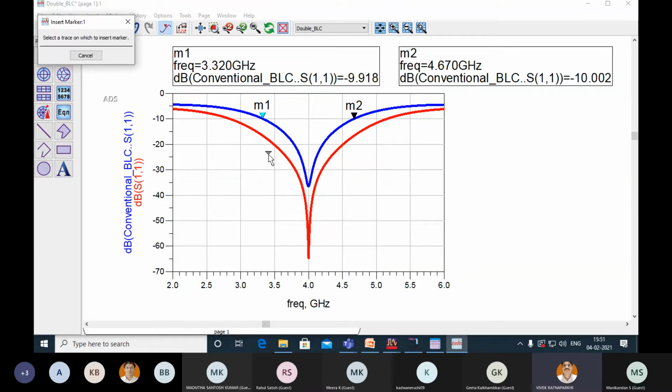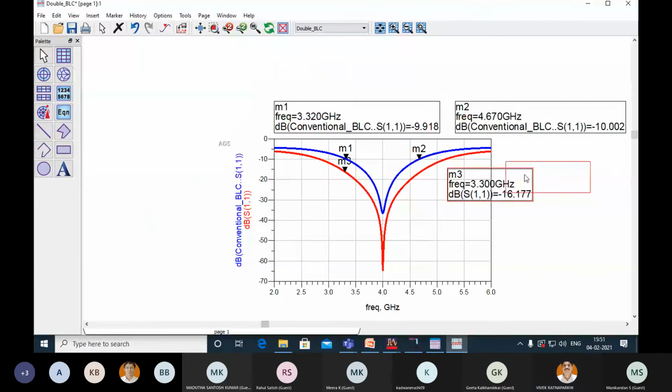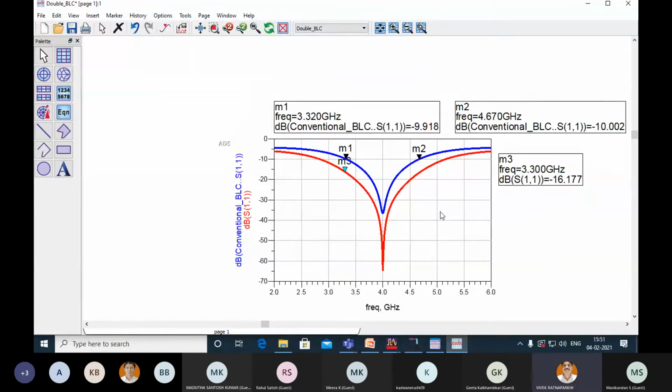Similarly, we'll find the 10 dB bandwidth of this double box coupler. The 1350 is good. Actually, this is not really good, because if you see, this is only the return loss bandwidth. Please remind me once I finish this explanation, and I will tell you why this is not good. I'm just trying to tell you how return loss bandwidth is improved, but we have to see other parameters also. So you find out for the double box.